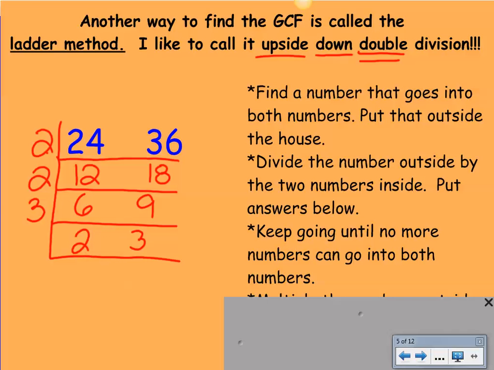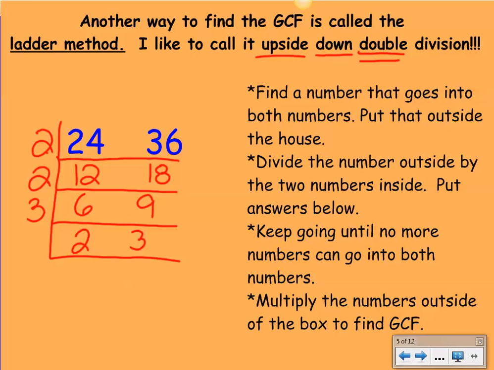Now I'm looking at both 2 and 3. They do not have any common factors besides 1, and as we learned, if I put a 1 outside, it doesn't really change anything. So now I know I'm finally done because I can't take anything else out of both 2 and 3. So my last and final step